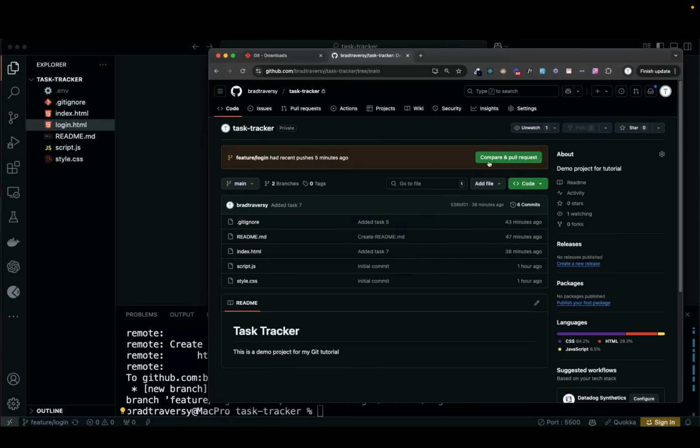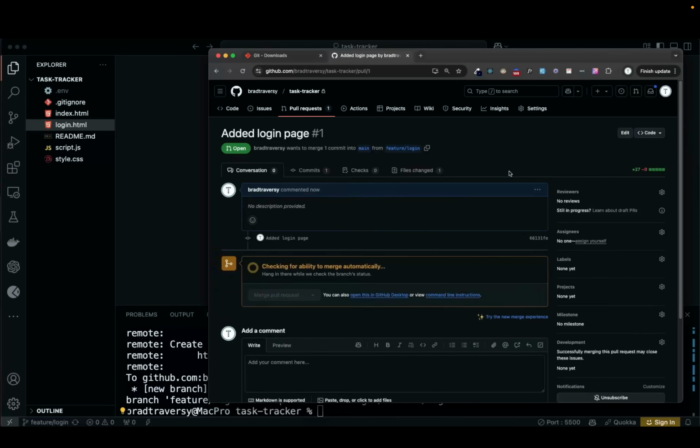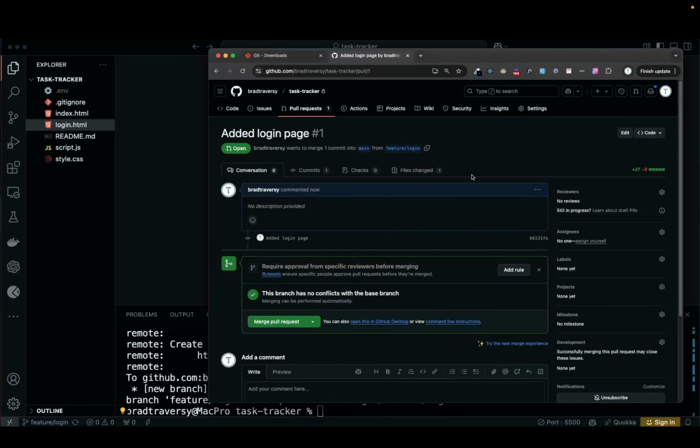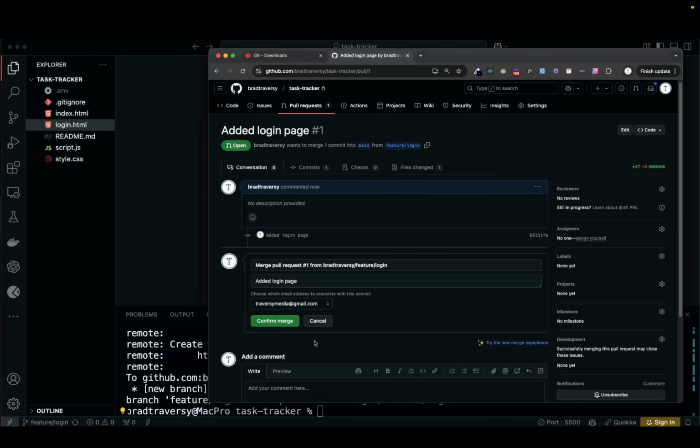Now let's actually make this a pull request. So I'm going to click this button here, and you just add a title to the pull request, add a description, and then create. All right, and then the owner of the repository will go in, they'll see that there's a pull request. You can see there's one here, and they can check it. They can click on this and check the code, and then they can choose if they want to merge that pull request. So I'm going to say that I want to merge that pull request, confirm merge,